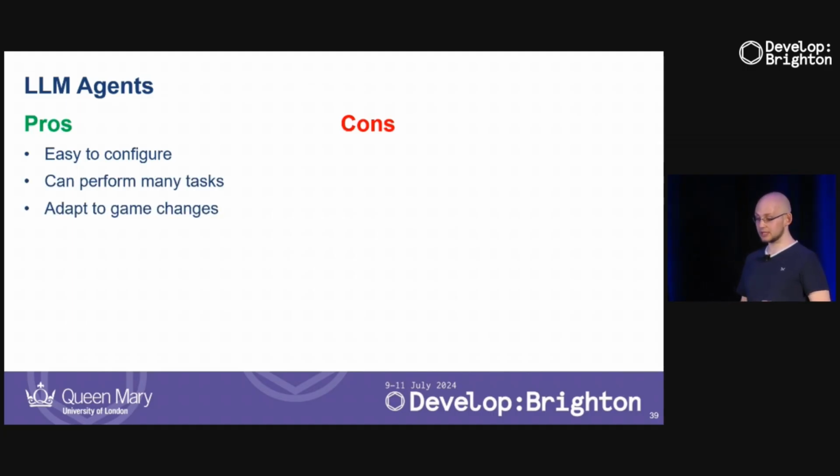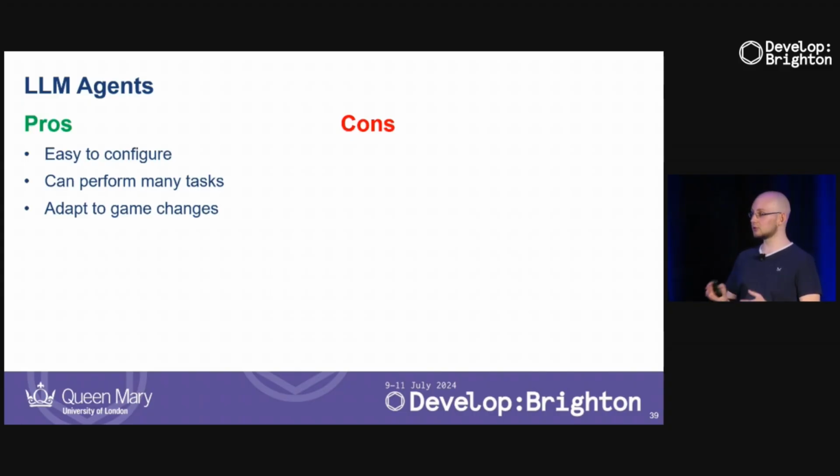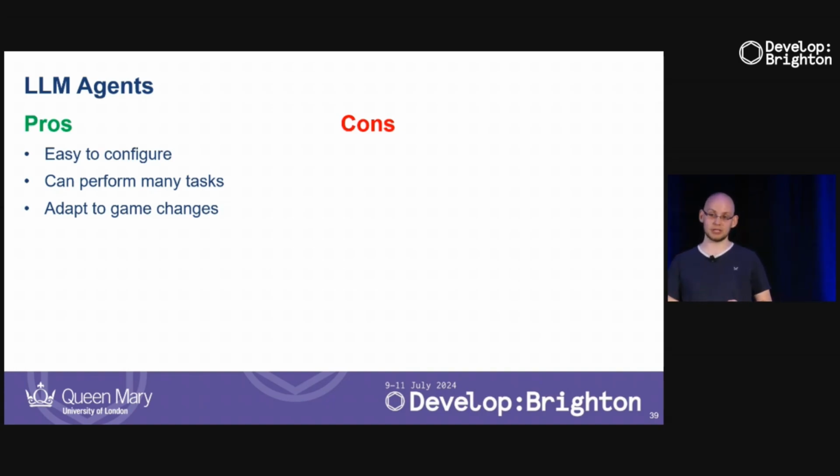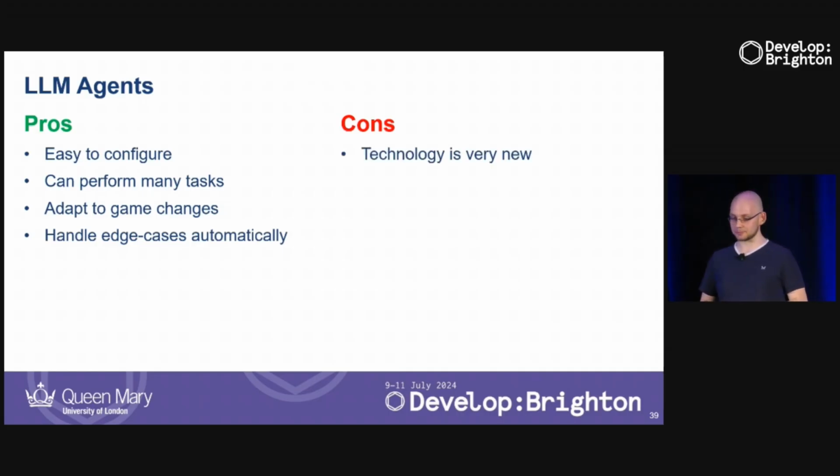Yeah, they can perform many tasks and they can then easily adapt to game changes, given that the skills that we provide to the LLM actually adapt to the game themselves, right? But usually as game developers, you have to have some set of skills, right? Pathfinding has to work all the time for the game, so we can probably give access to the LLM easily without breaking anything as the game evolves. And LLMs can handle edge cases for us, so it makes it a lot easier for us to develop agents because we don't have to think about all the edge cases.